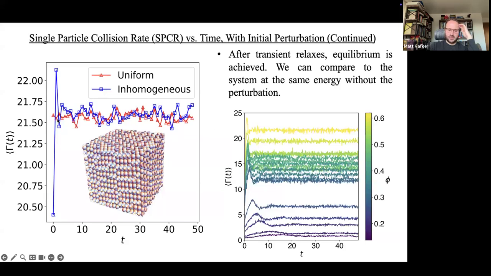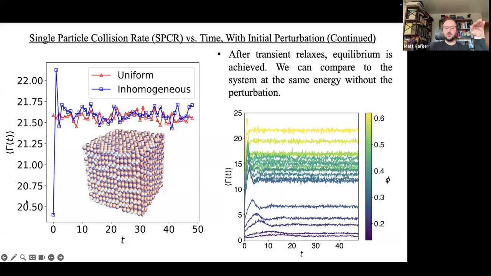Taking a look in a little more detail, this is what one of these high density boxes looks like in the inset here. We have our spheres that are very closely packed together with one another. This is a crystalline configuration. You can see the crystal axes in the inset. And these red points here come from starting the system in equilibrium and then just watching it evolve in time. And we see that the collision rate